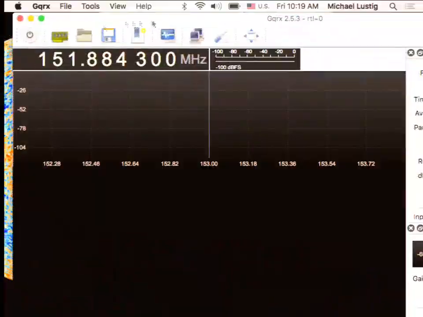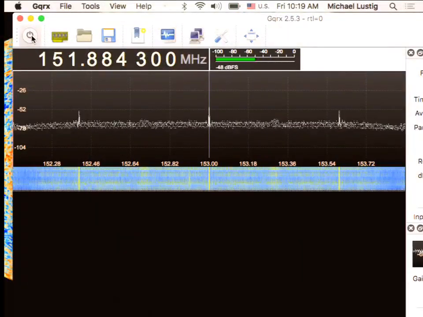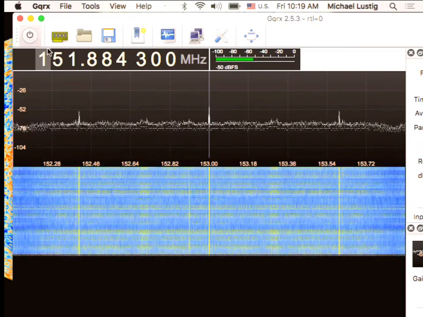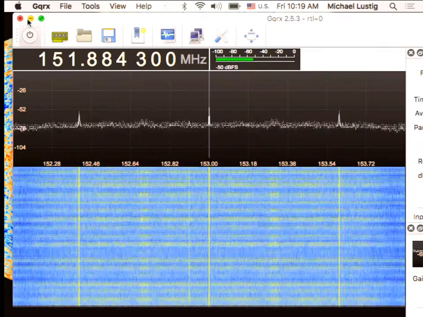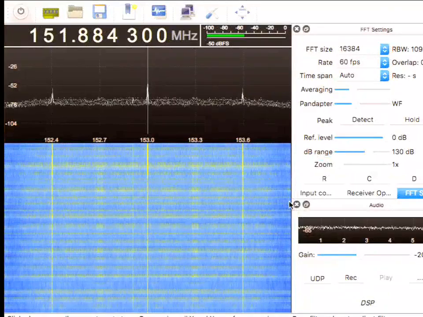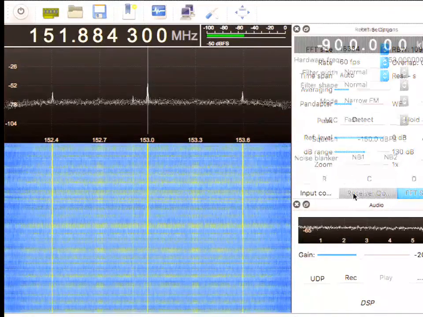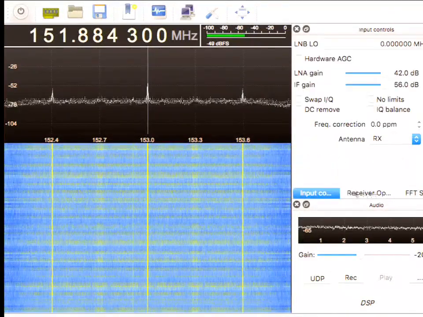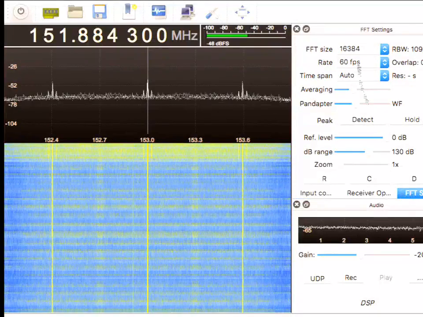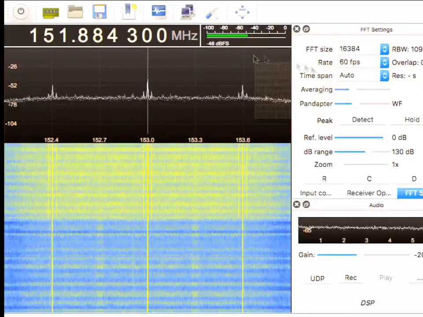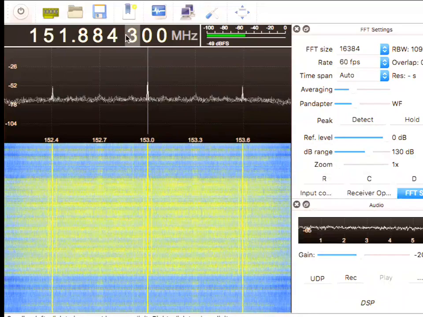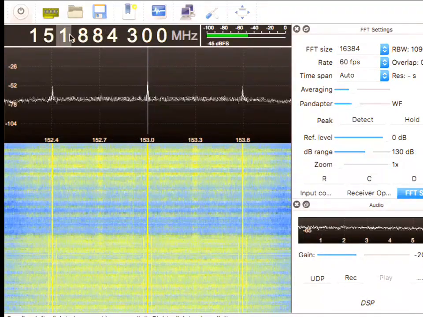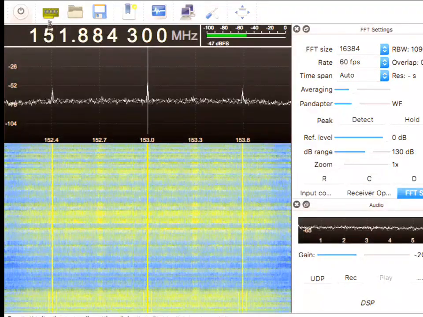It didn't close, it just moved to the other screen. Okay, and now you see a spectrum. I'm going to look at some receiver options here, FFT settings. Yeah, this looks pretty good. Okay, so I'm going to switch to a frequency, and I'm going to turn the sound off.